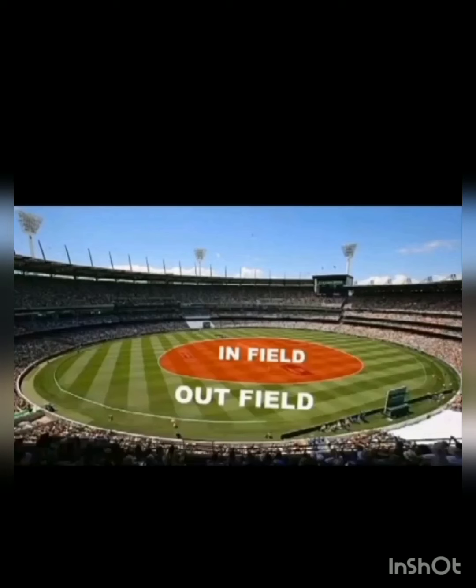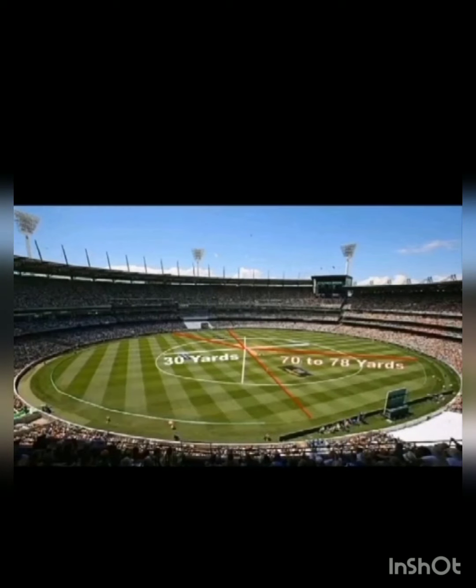So getting back to the ground and its area, the inner circle which is in the red is the inner field, right? As I said, it's the inner field where you have the power play. Then you have the outer field, as I explained earlier, that the circle around the ground is the outer field. Now, the inner field is marked in white. As you can see, the line dividing the ground into white lines. That is 30 yards. That is the diameter of the inner circle.